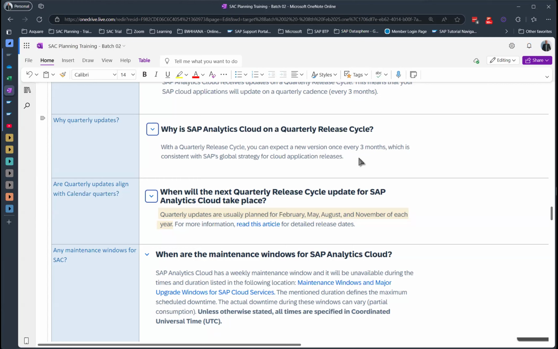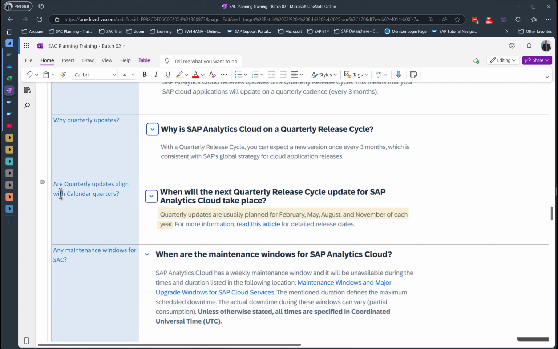But there are certain customers who are on fast track. We call them fast track customers. They get not just quarterly updates, but they also get them sooner. For example, sometimes they will get bi-weekly or monthly updates also. These are called fast track customers. They don't want to wait for 3 months. They want things to be fast because they want to stay on the edge of the technology, and they are very aggressive in their IT philosophy. So for those fast track customers, you also have bi-weekly or monthly updates as well.